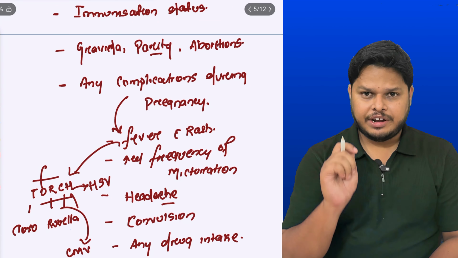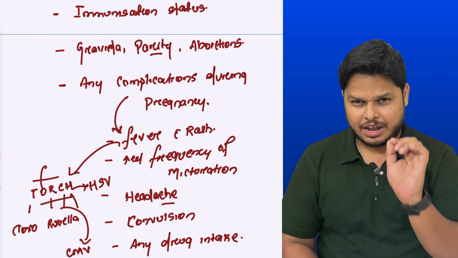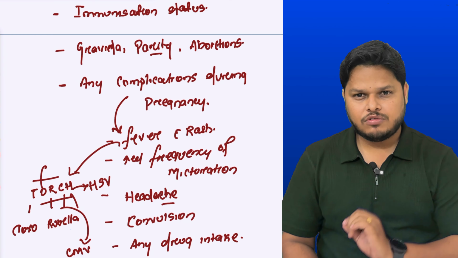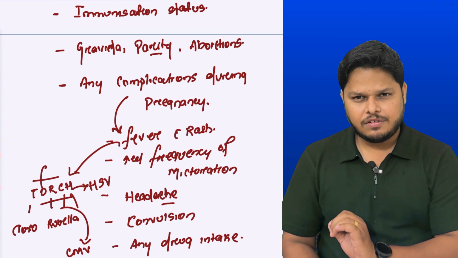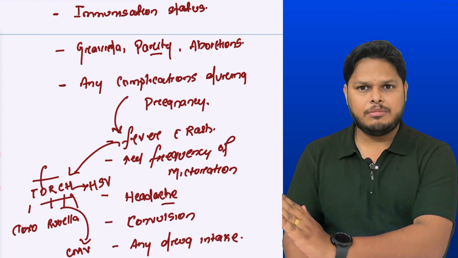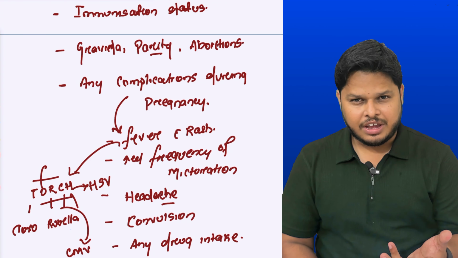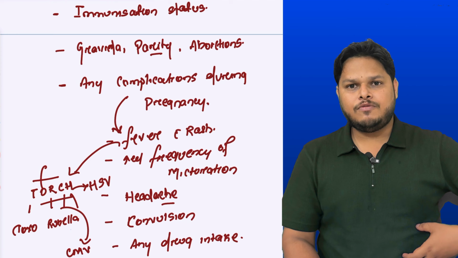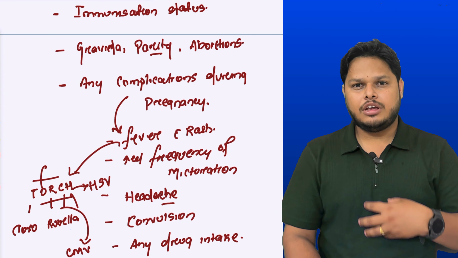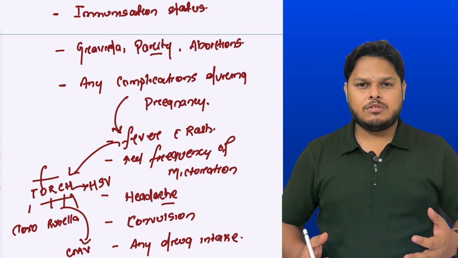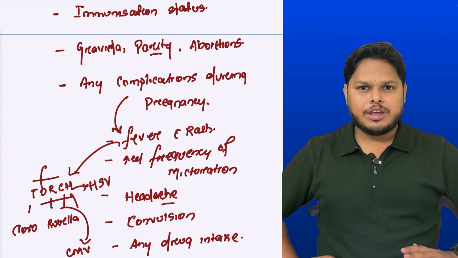So antenatal history is clear. We will ask it trimester wise: number of ultrasounds, any complications, any additional drugs taken during any trimester, whether the mother was gaining weight, whether the mother was able to feel the baby movements in the appropriate trimester, whether the mother was able to feel the quickening, the baby descent down. All these things trimester wise we need to ask, right?